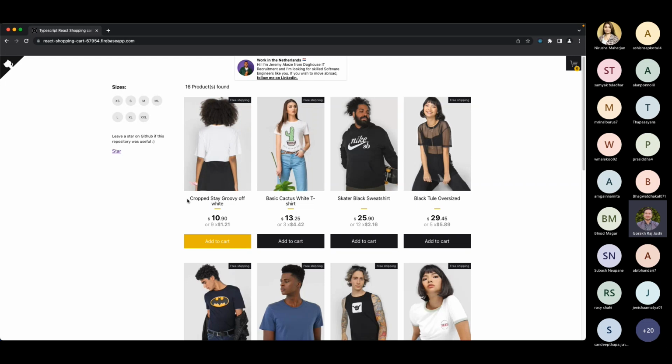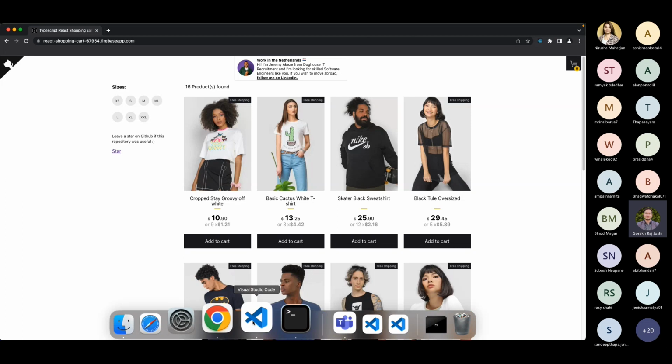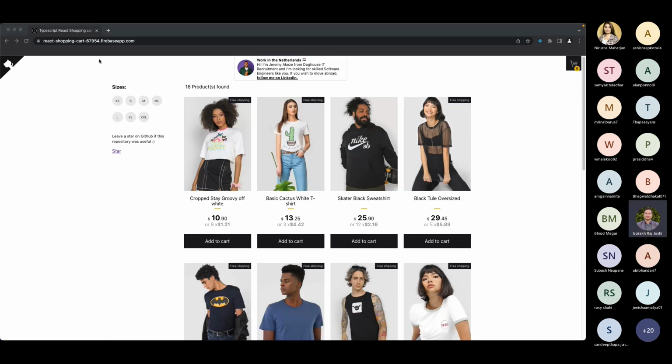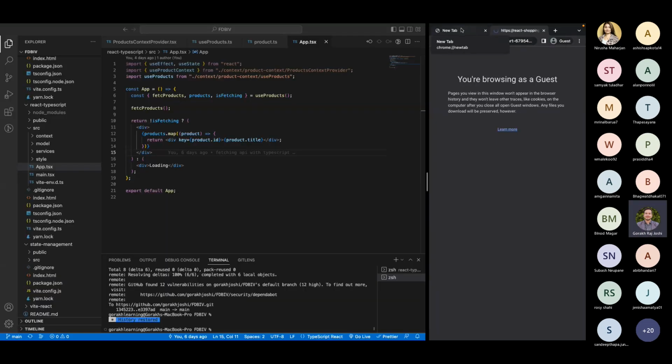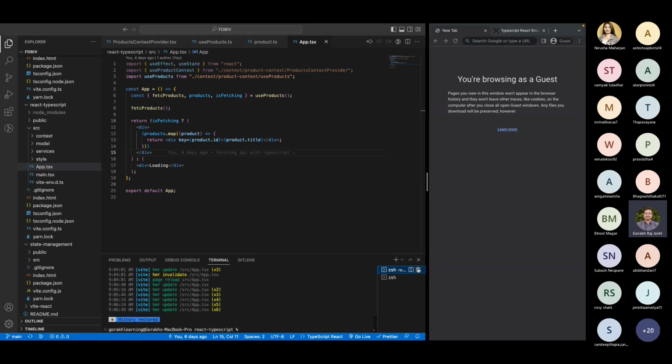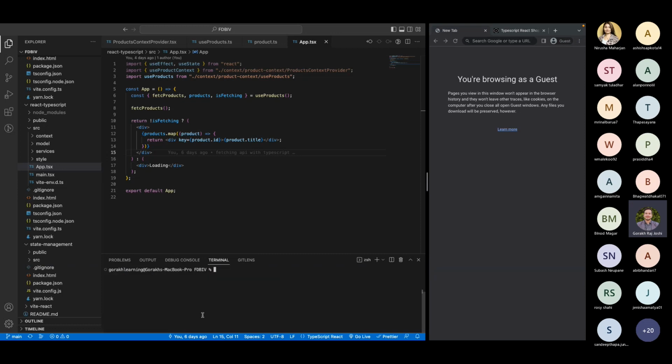We will create today, if possible, a component as well as styling for these products that we are seeing. Currently, we have our products. Copy this URL, paste it here, and let's start the live server that we were working on last time. You can go to React TypeScript